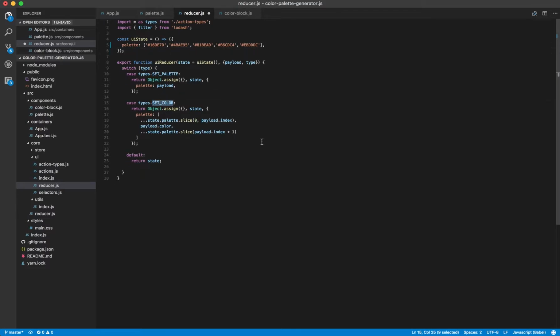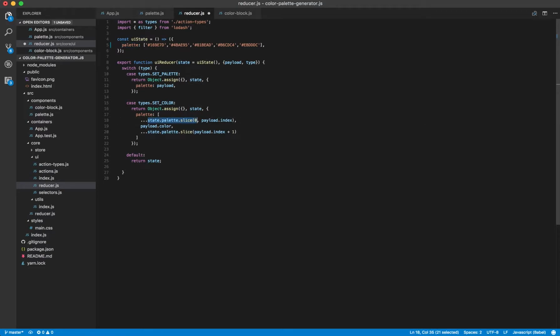It has this second thing that it matches for, which is set color. And this one looks a little bit fancier, and actually I don't use it in the current program, but this one will allow you to, rather than changing out the whole palette, pass in a color, so payload.color, and you could pass in an index, and so it would just replace a single color in the palette. And this is just fancy things. This is fancy JavaScript for, here's a square bracket, which means we're creating an array. It says take everything, first off we're doing